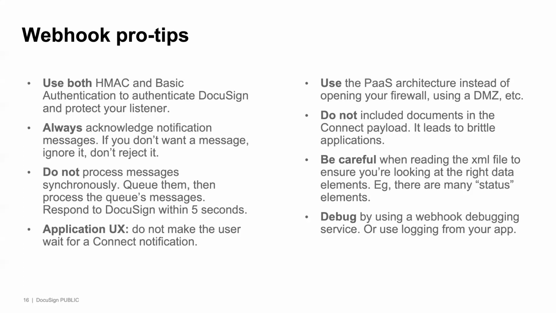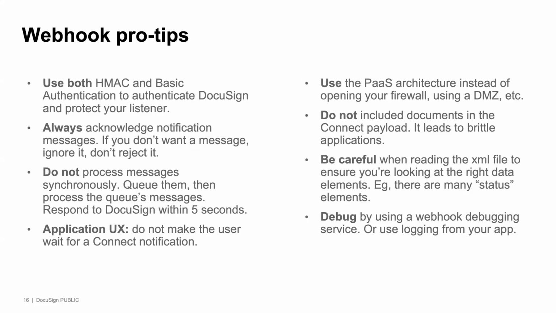And remember that if you tell DocuSign to include the documents, then we're talking oftentimes many megabytes worth of documents. And this can lead to all sorts of problems that I've seen with many, many customers. So the recommendation is you don't do this. Instead, if your application needs the documents, you simply make an API call to DocuSign. And at that point, the documents will arrive as a response to your call, and things tend to work a lot better for larger response bodies as opposed to request bodies.